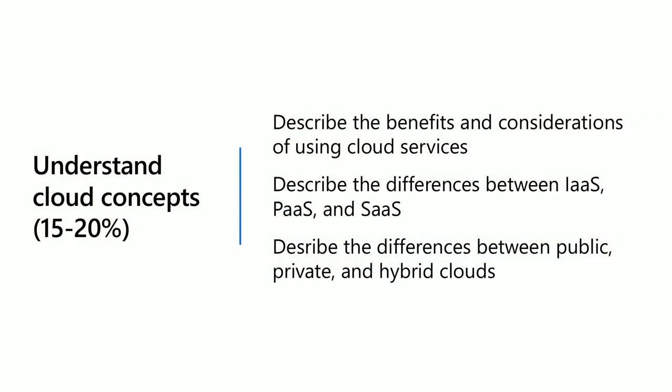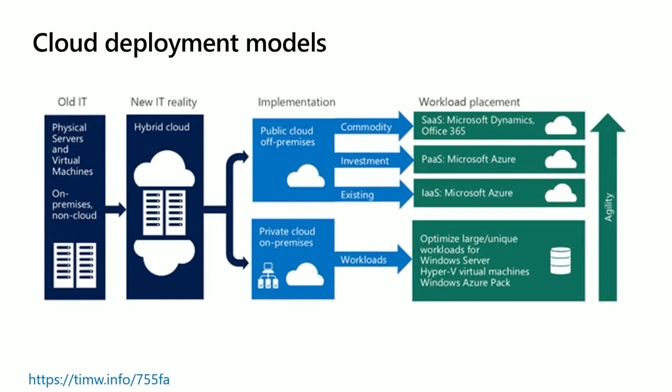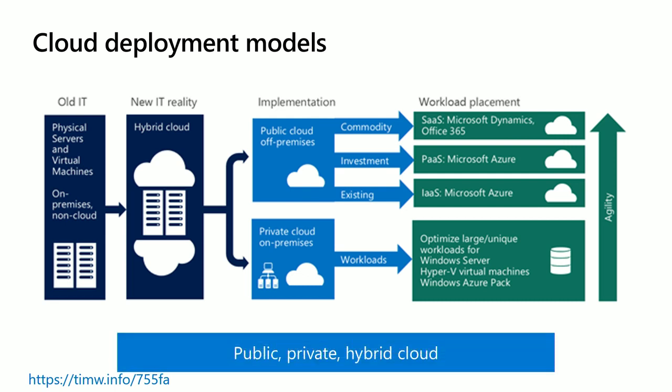The first section here: understand cloud concepts. I'm not going to read each bullet point. Instead, I'm going to call out what I think is the most important content in each of these sections. For the first section of the exam, you might think, well, this is more or less vocabulary, isn't it? You have to know the cloud deployment models: public, private, hybrid cloud. This is astonishingly good information if you've historically been fuzzy. I submit that this is stuff that anybody whose work even touches cloud computing should understand.